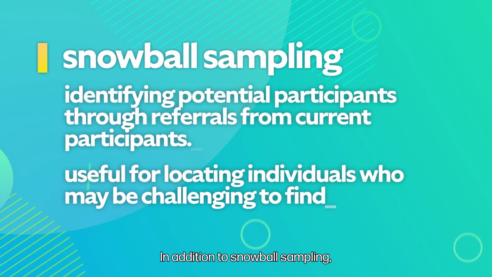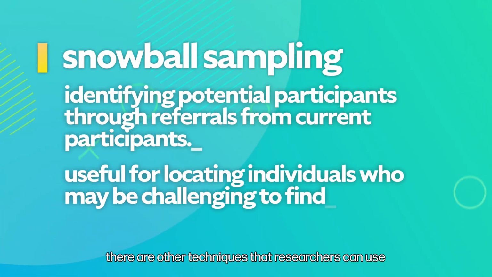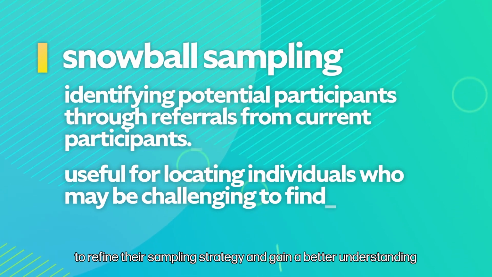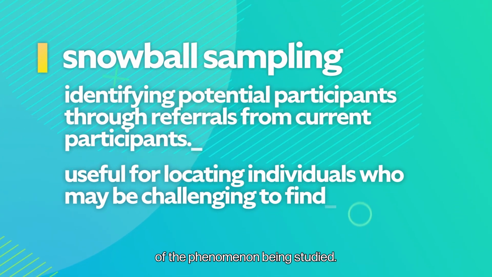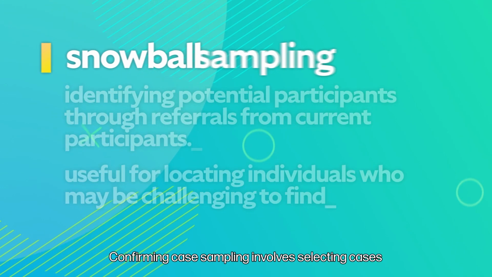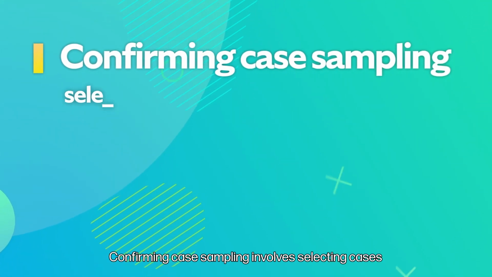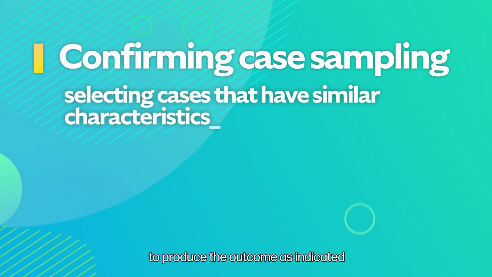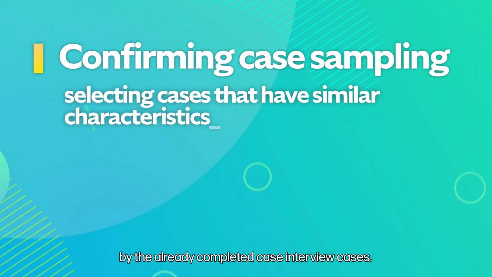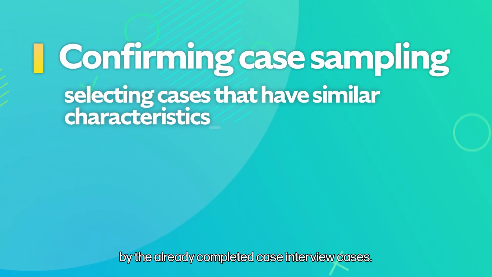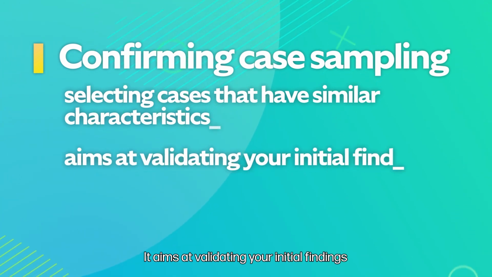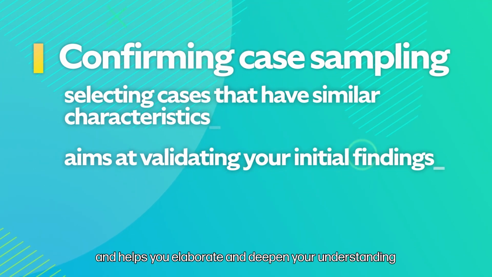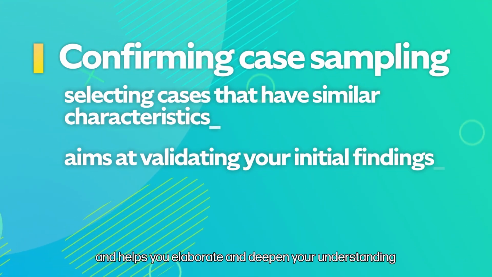In addition to snowball sampling, there are other techniques that researchers can use to refine their sampling strategy and gain a better understanding of the phenomenon being studied. Confirming case sampling involves selecting cases that have similar characteristics to produce the outcome as indicated by the already completed interview cases. It aims at validating your initial findings from previous interviews and helps you elaborate and deepen your understanding through testing